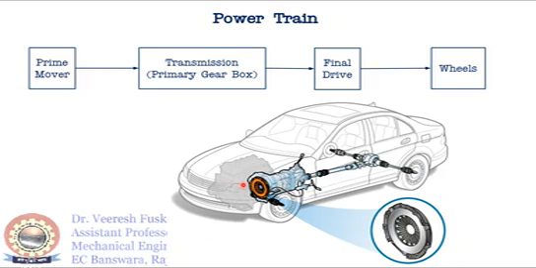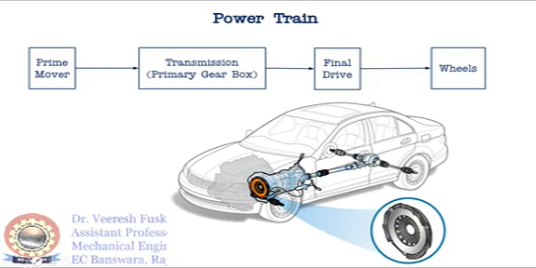Now the point we have to observe in an IC engine is that the engine itself provides very little torque when the speeds are low, and practically no torque when the speed is close to zero. So that is why when we operate with an internal combustion engine, we require what is called a move-off element to move the vehicle from rest. This move-off element is nothing but a clutch.